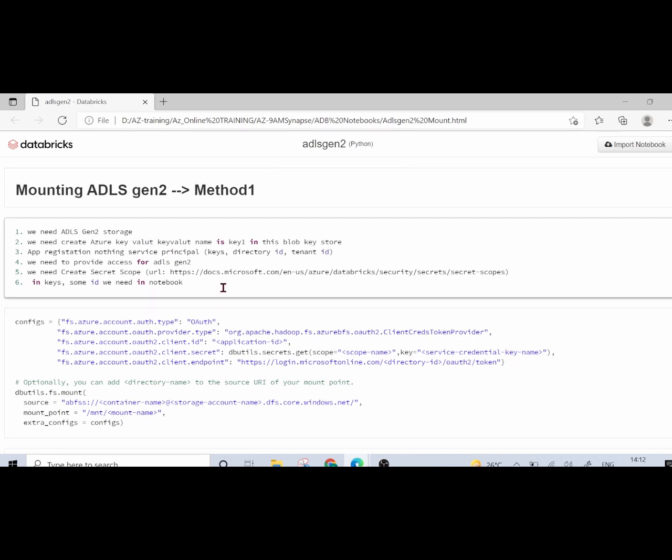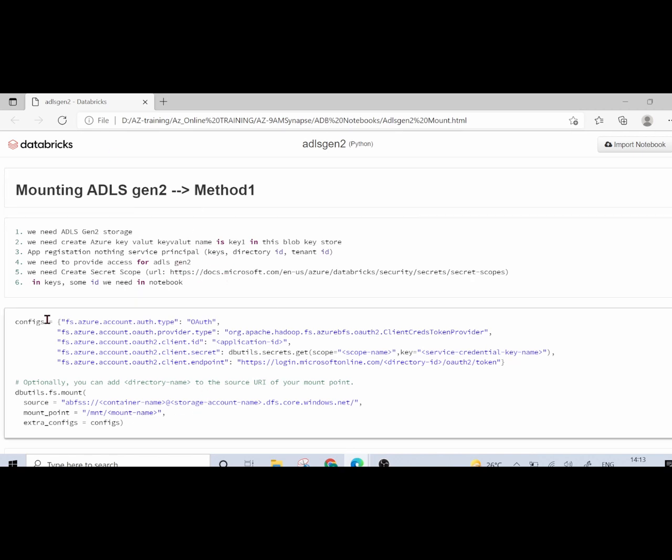What is mounting? Instead of using the files which are already present inside your Databricks file system, if you want to have access to your files which are present inside either blob storage or Data Lake Generation 2 storage, we perform this mounting concept. Mounting is nothing but a pointer to your storage account, be it a blob storage or data lake storage.